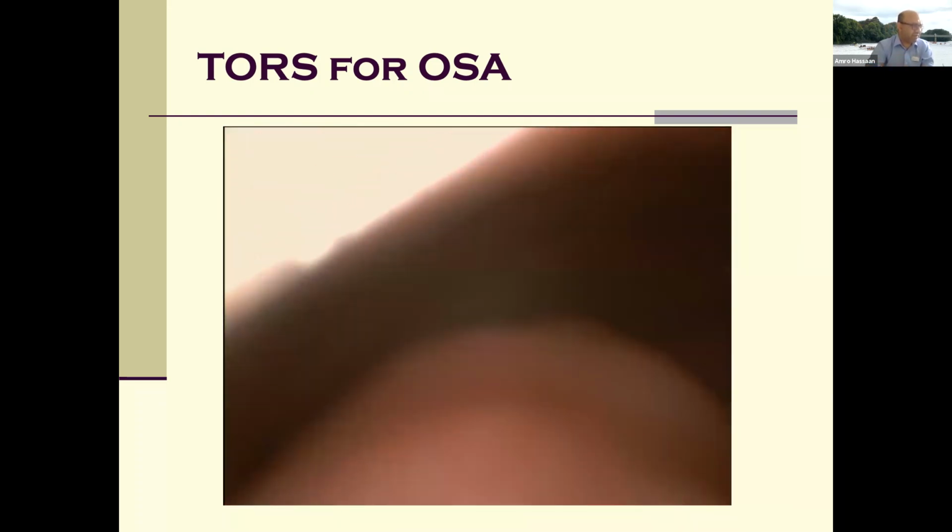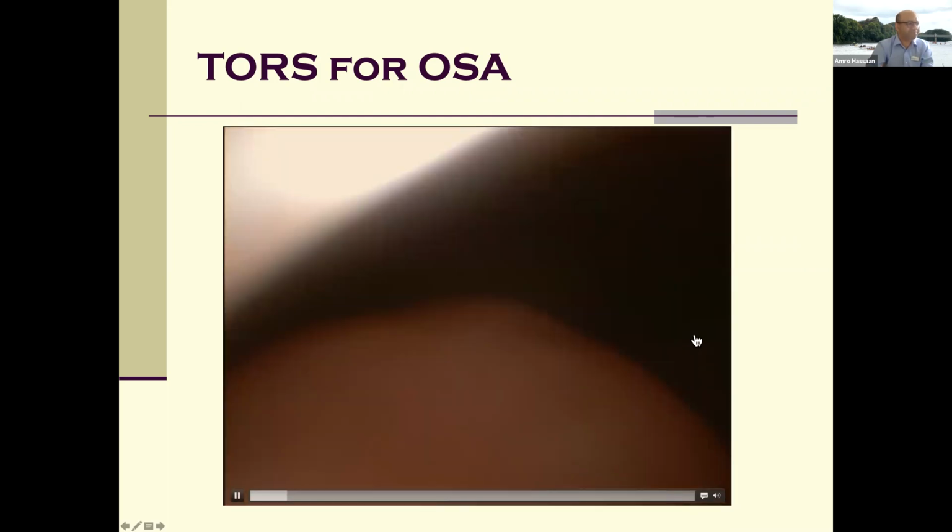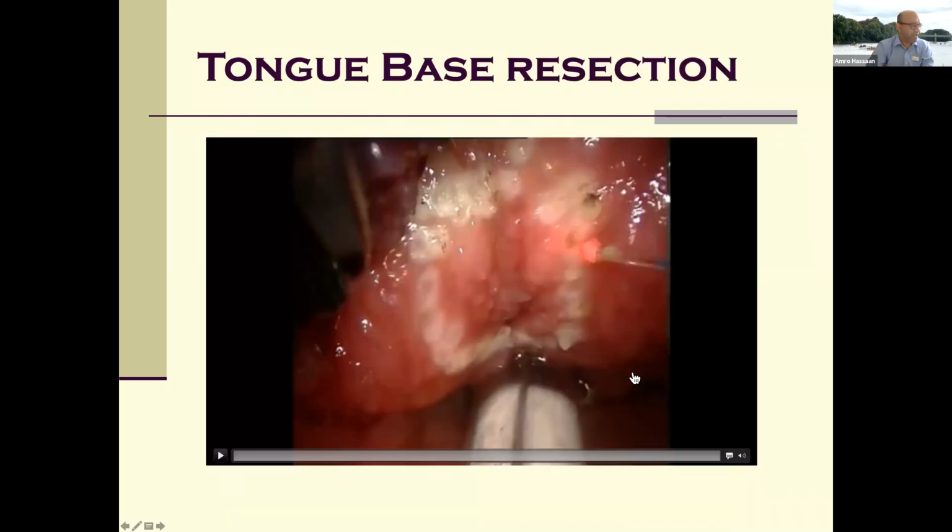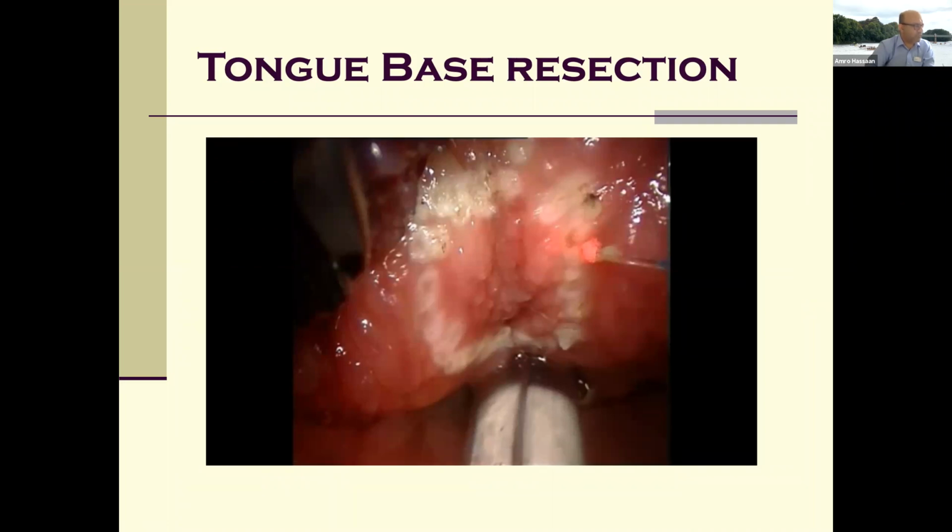That's us coming up a little bit. That's the uvula. We don't need the rest of this video. So laser-assisted transoral robotic surgery, which is laser-assisted, that's the bottom of the tongue. That's the anesthetic tube going into the airway. And this is the laser outlining the area of the back of the tongue that we're going to take away.